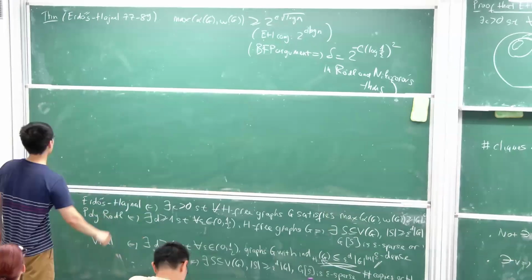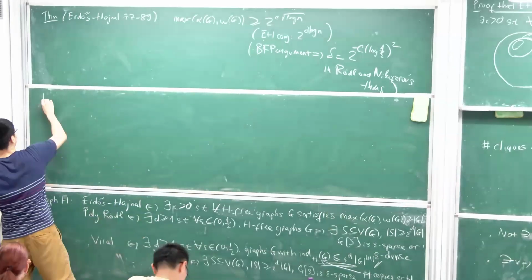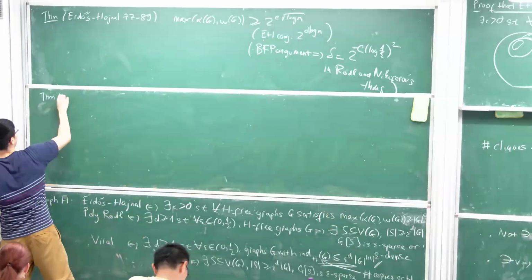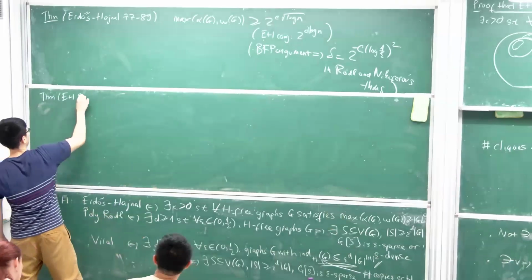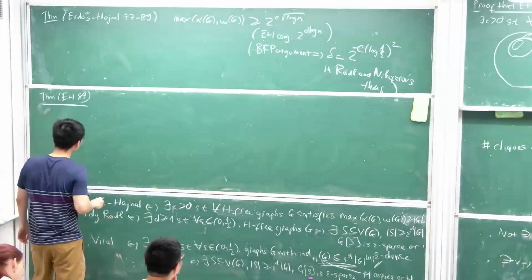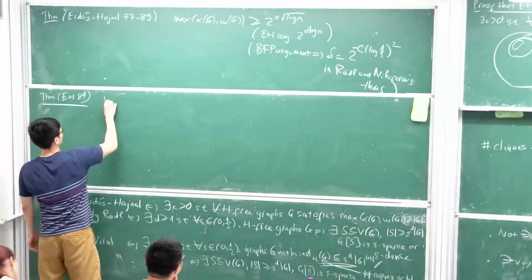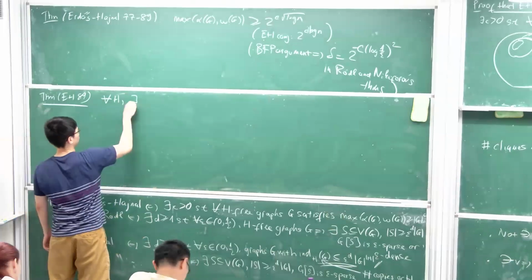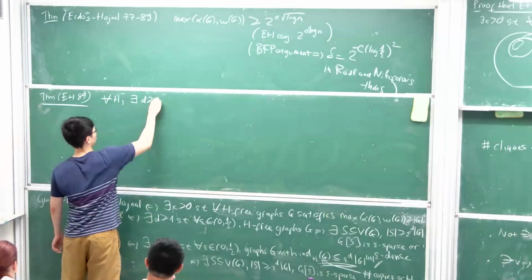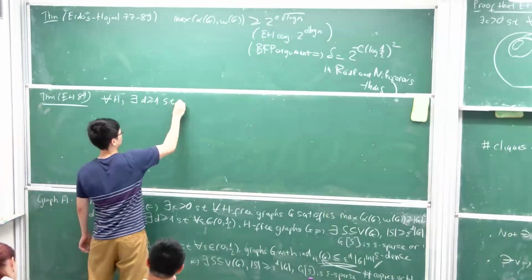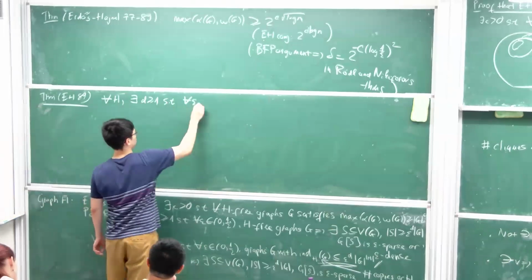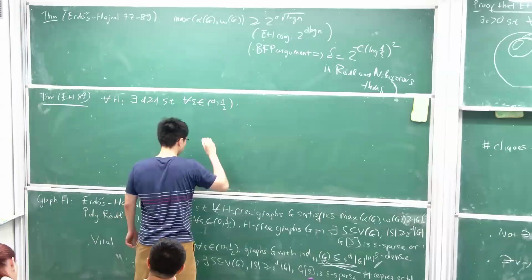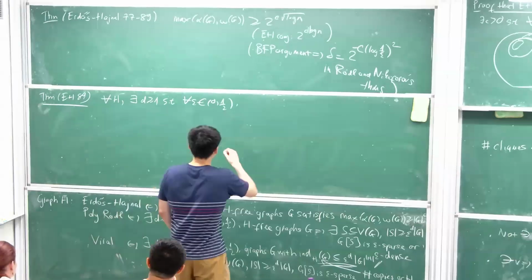So let me say there is a theorem, also by Erdős and Hajnal, that for every H, you can find some big number b, such that for epsilon ranging from 0 to 1/2, if G is H-free,